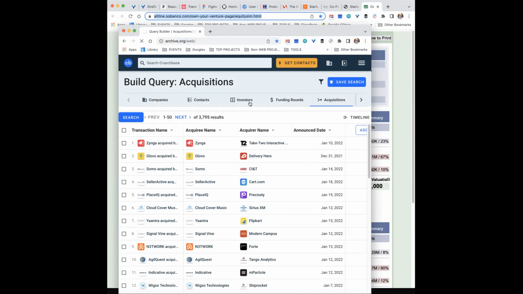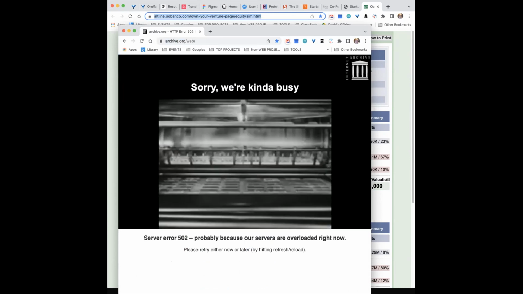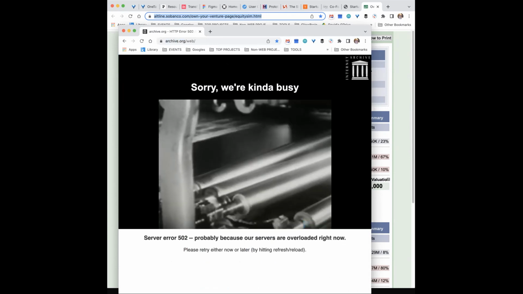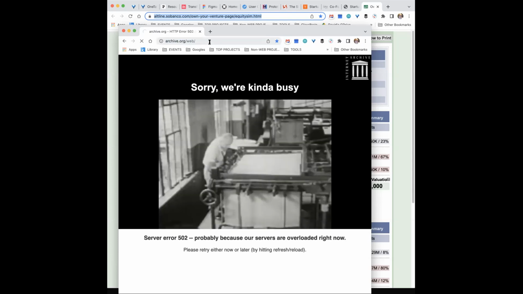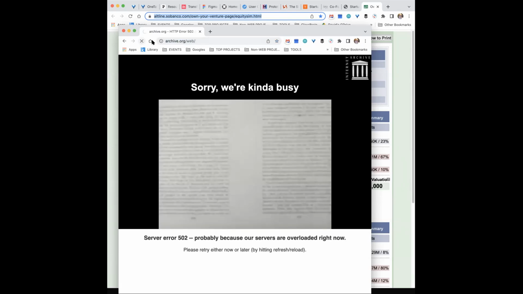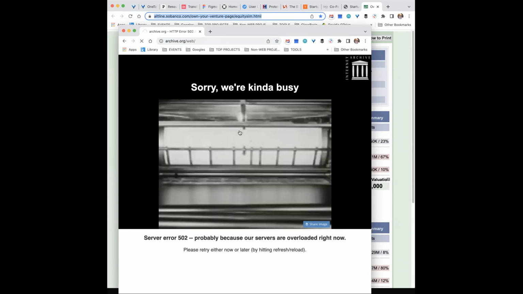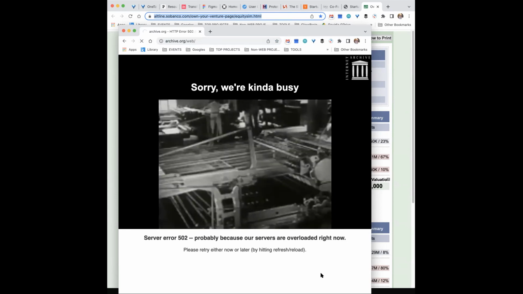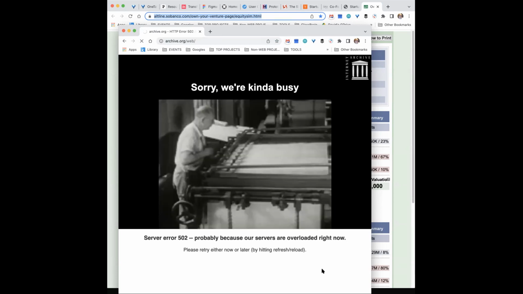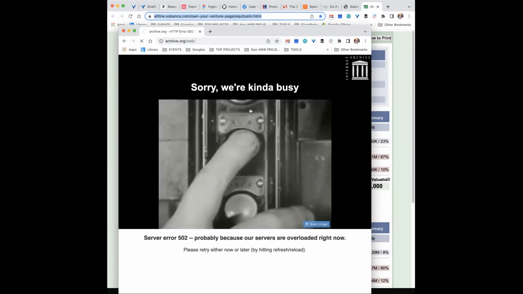So Crunchbase is great. Another thing that you should know about is called the Wayback Machine, archive.org. Okay, so it's archive.org/web. And there's actually an extension on Chrome browsers for this thing. Oops. Wow, that never happens. Let me see if it'll reload. They must be rebooting something. I have never seen that on archive. What this lets you do, and unfortunately they're having a problem of some sort,